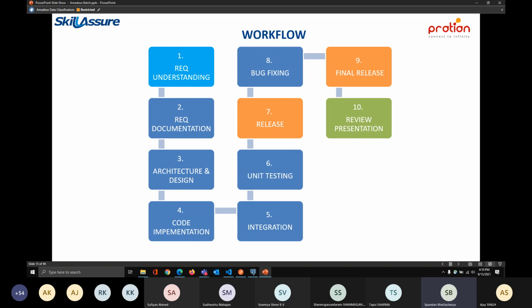Then we had the architecture and design, which was centralized and then decentralized. Then we had the code implementation, which took relatively less time compared to the integration. That was over all the teams, and several merge conflicts had to be solved. Then we had unit testing, and finally the final release that was, I think, late last evening or today morning